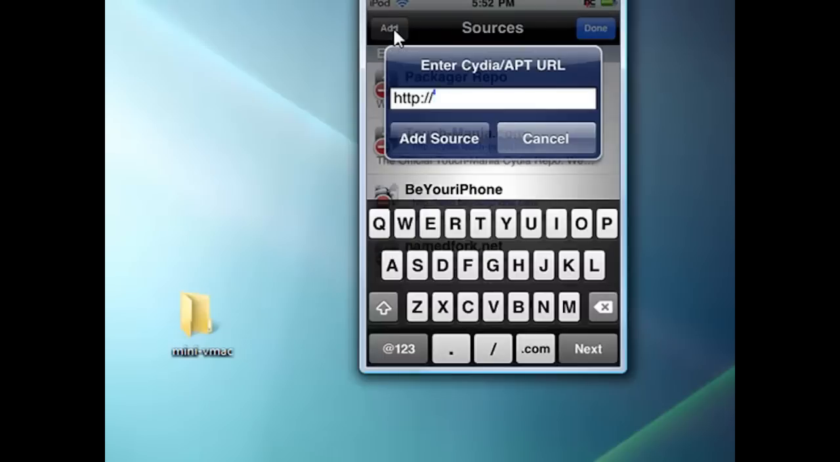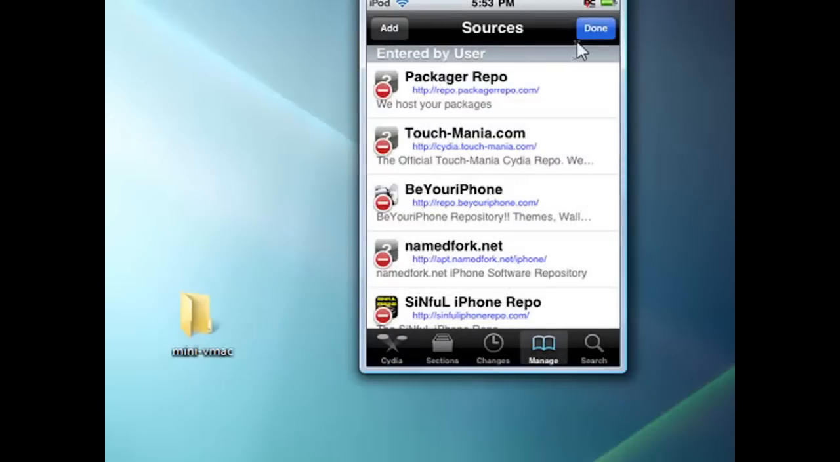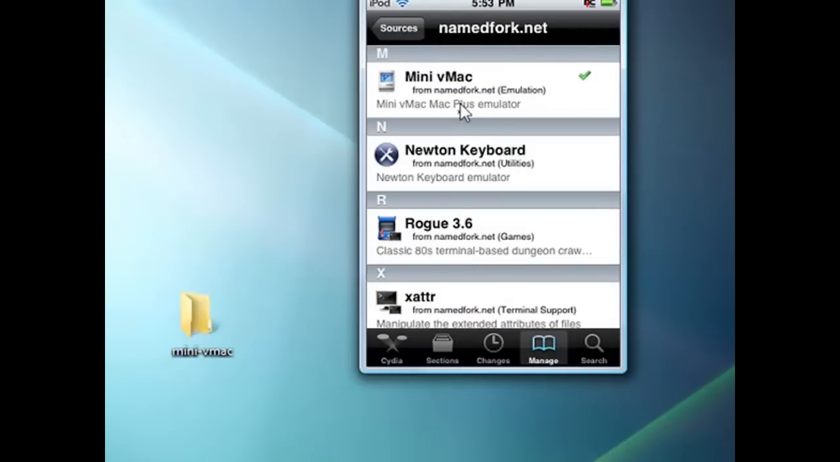Alright, so the source you're going to add is going to be in the description in case you're not following with the video. But I'm going to tell you what it is. It's called apt.name fork.net/iPhone, and you're just going to go ahead and add that source. I already have it, so I don't need to add it. Then you can click done up here and you're going to click on the source and you're going to download